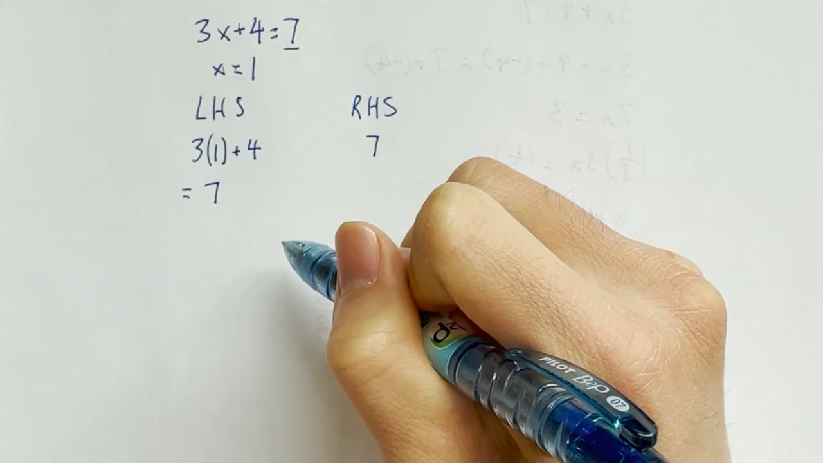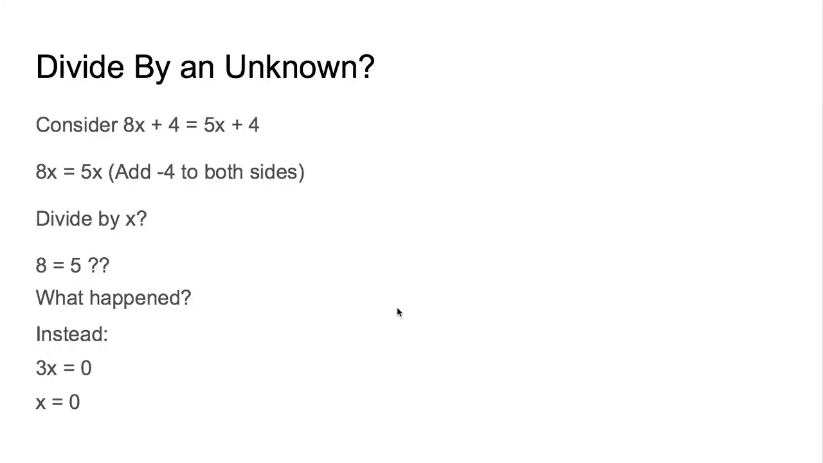Now I'd like to show a common pitfall to avoid when solving equations, and that's dividing by an unknown. Consider if we have an equation like 8x plus 4 equals 5x plus 4. Now the first thing I would do is add minus 4 to both sides. So we end up with 8x equals 5x. Now from this step we see that we have x on both sides. So we might be tempted to say, why don't we just divide x from both sides? Well, what happens if we do that? So we divide both sides by x, and we end up with 8 equals 5, which is clearly not true,